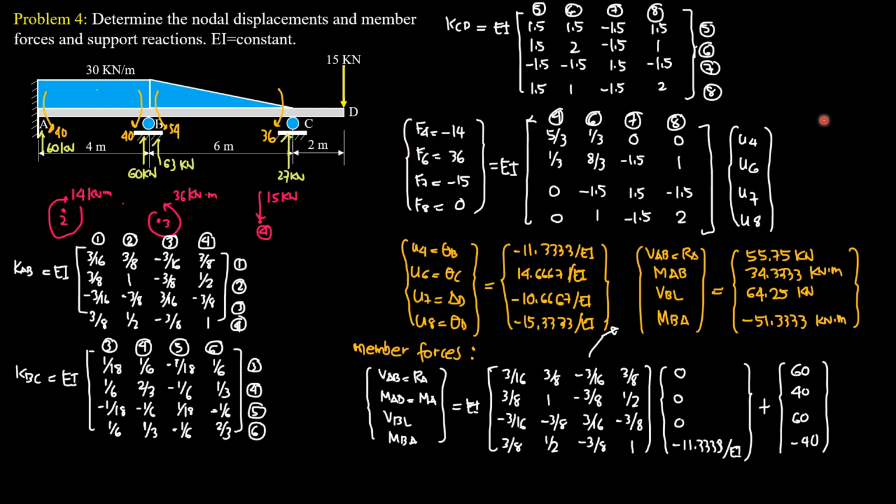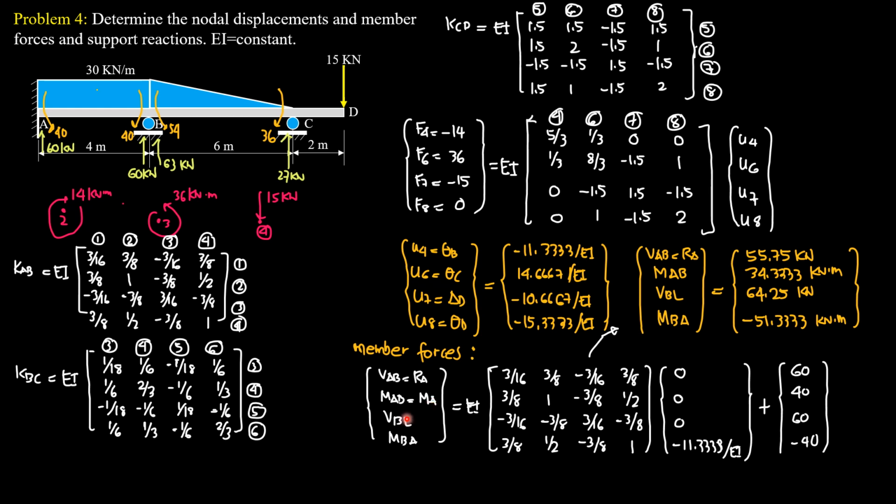So the result, U4, which corresponds to theta B, U6, which corresponds to theta C, U7 delta D, and U8 theta D is equal to, respectively, negative 11.3333 over EI, 14.6667 over EI, negative 10.6667 over EI, and negative 15.3333 over EI. Then we can now compute member forces for shear AB, which is RA, in particular,